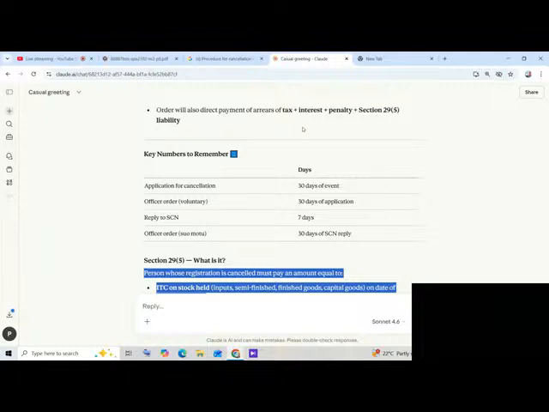The reply to such show cause notice has to be submitted within 7 days from the date of service of notice. If the reply to the show cause notice is satisfactory, the proper officer shall drop the proceedings and pass an order in the prescribed form. However, where the person, instead of replying, furnishes all the pending returns and makes full payment, in case of failure to furnish returns for a continuous period,